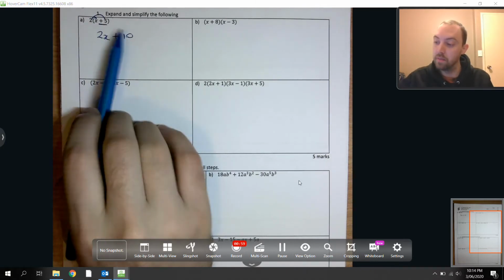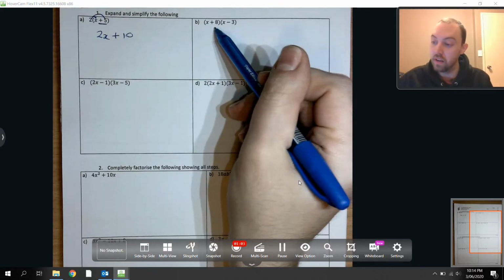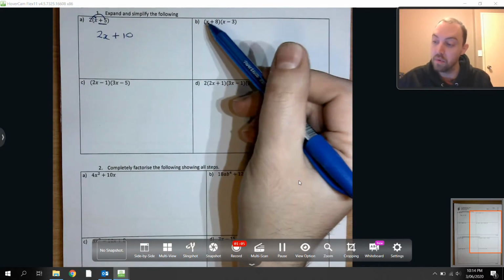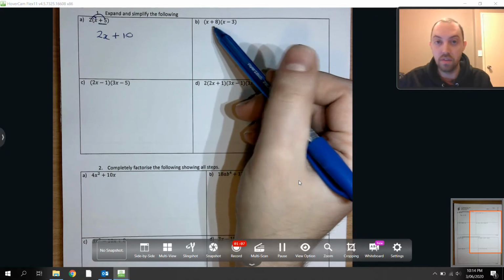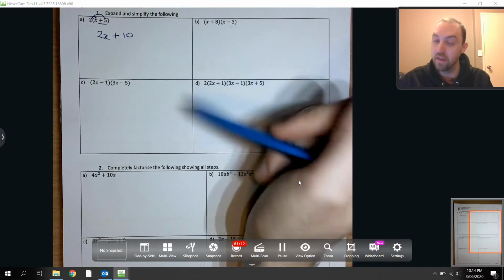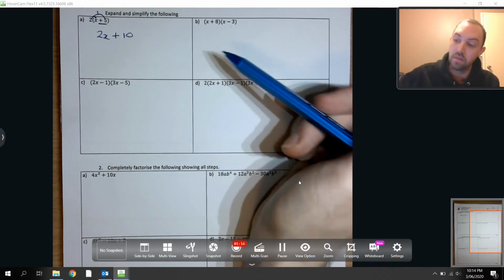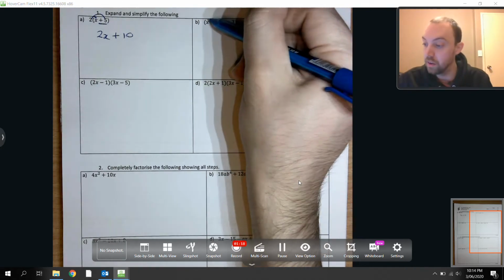positive 10. Then it can look a little bit different if we have 2 sets of brackets, but the idea is the same. We're multiplying each term in the first set of brackets by each term in the second set of brackets. Then we're going to try and collect like terms, and then we should be done. Okay, so I'm going to do